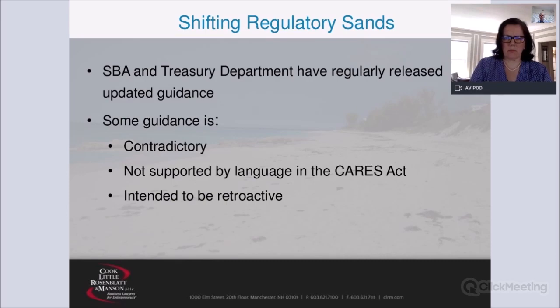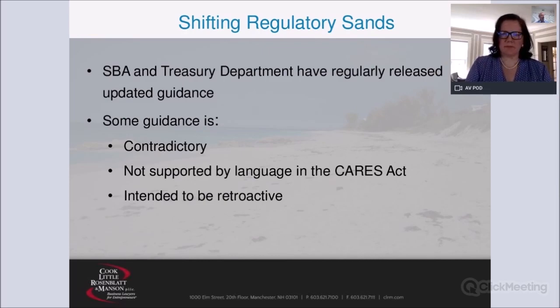And some of the guidance that comes out is intended to be retroactive. Again, going back to that same example, they say, hey, look, at the time you applied, this was not one of the rules and one of the considerations, but it is now. And they actually extended until today an opportunity for companies to repay the full PPP loan if they think maybe they didn't actually need it and applied for it anyway. That date got extended to May 18th from the 14th yesterday. Further extended, okay, to the May 18th.